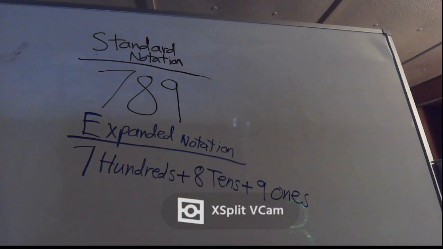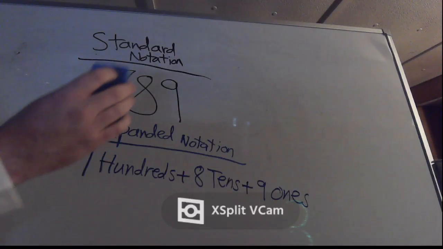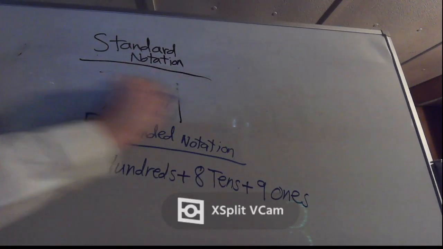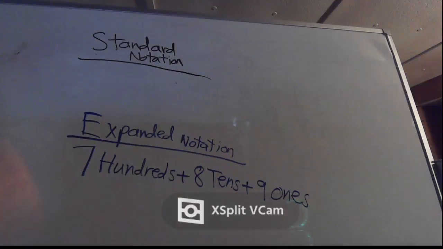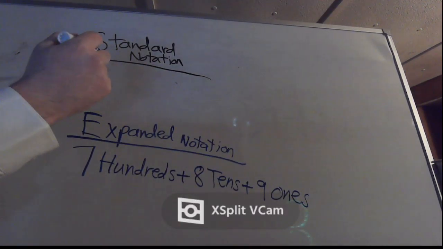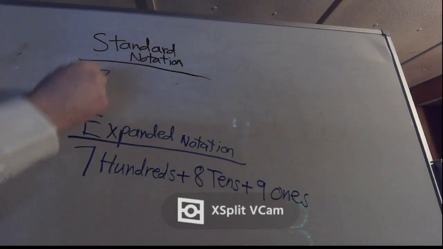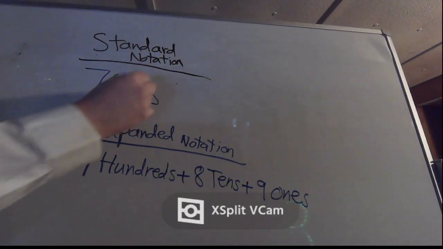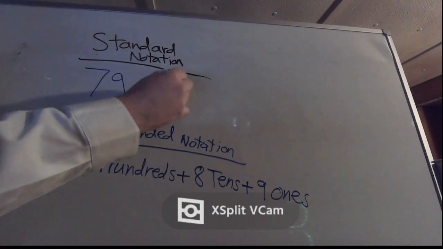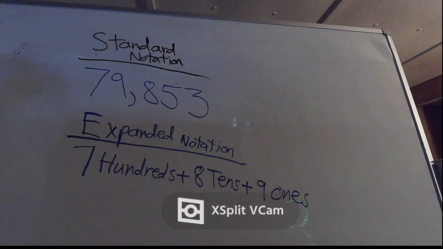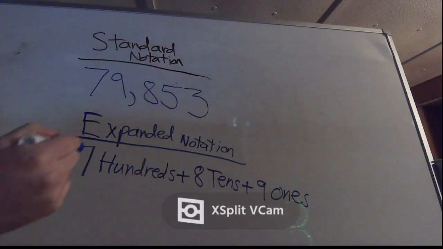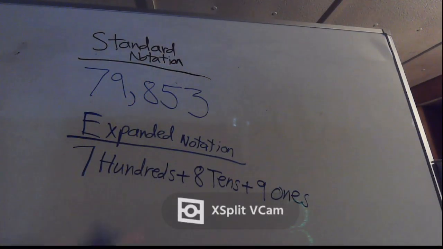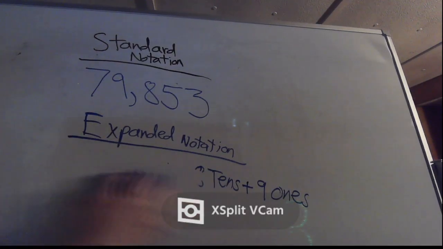Let's do another number. Let's do 79,853. Because why not? So the way I just wrote the number, that's your standard notation. In expanded notation, however,